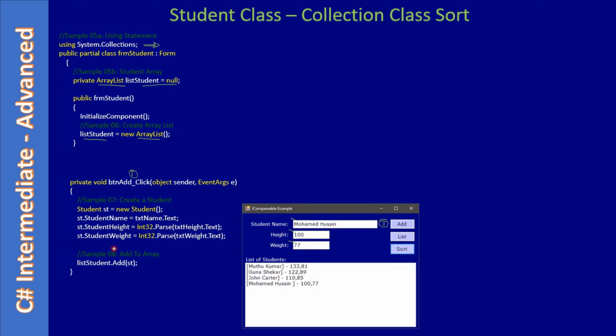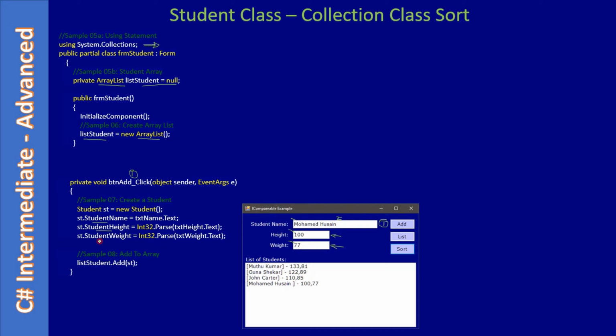If you see, no validation is done here, and since it is just a demo, we skipped all the validation, assuming that we will type valid data on these 3 text fields. That means you will type a string, I mean any characters here, but on these 2 fields you will type numbers. So we create a student, then we populate the student